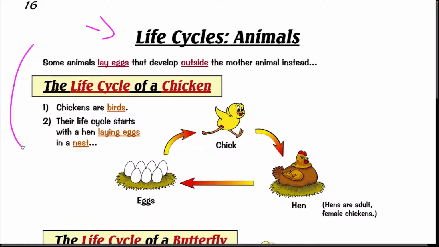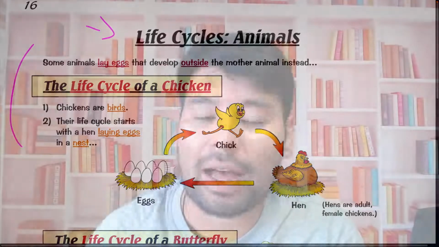Life cycles animals. Some animals lay eggs that develop outside the mother animal instead. Ou seja, alguns animais, né, eles colocam os eggs, né? O lay, essa palavra vem mais no sentido de deitar, né? Então, como deitar, mas lógico, deitar o ovo fica meio estranho, então ela coloca, né, o ovinho ali, né, que se desenvolve aí fora da mãe, tudo bem? Muito bem. E aí a gente vai dar uma olhada em algumas diferentes espécies, okay? In some different kinds, okay? I'm gonna make the reading in English, give some explanations in Portuguese, so just follow me, okay?